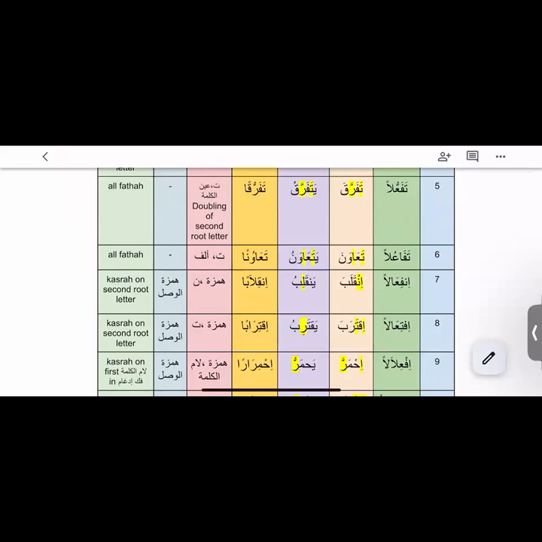When it comes to bab infi'al, inqalaba, inqilaban, family number 7, we see how many mazid letters? Is there only one letter, mazid by 1, or is it mazid by 2? It is al-mazid biharfain. Again, it's al-thulathi al-mazid biharfain, because there are 2 additional letters that we see in case of fi'l madi inqalaba. There is a hamza and there's a noon. What is another special feature of this family? No passive. Very well done.